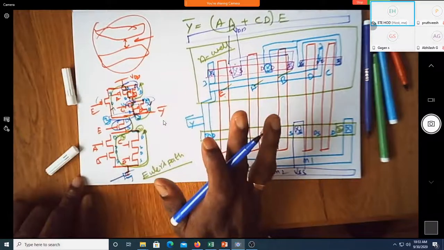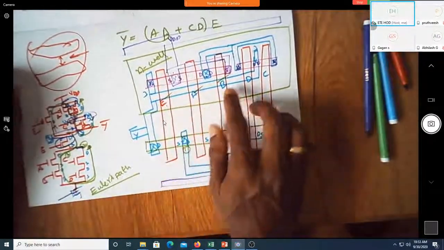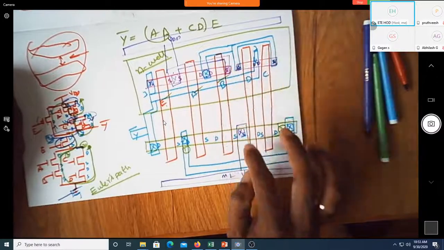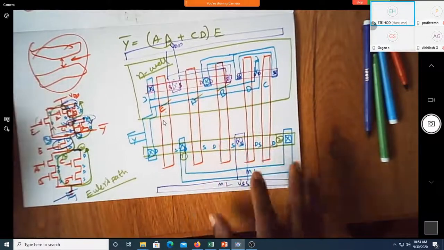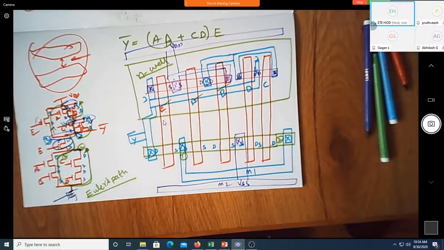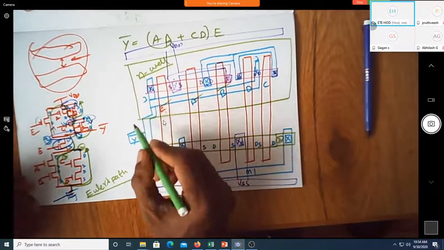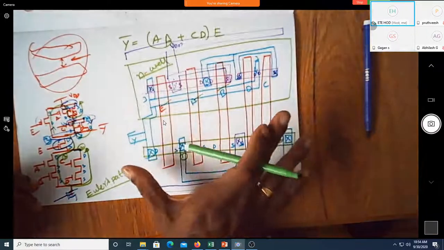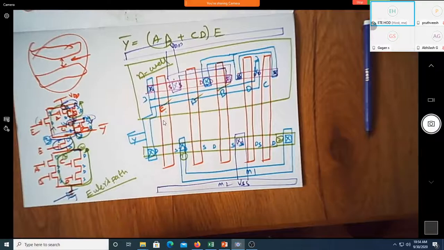So there are n number of possibilities, and make sure that if you are able to draw a layout without any break in either NMOS and PMOS, then the overall dimension of this particular layout will reduce. If the dimension reduces, it means you can have more and more components in a given area, and then you will end up with a most optimized design. The intention of knowing the lambda based rules is to know what dimension the device, or the entire circuit, will consume.